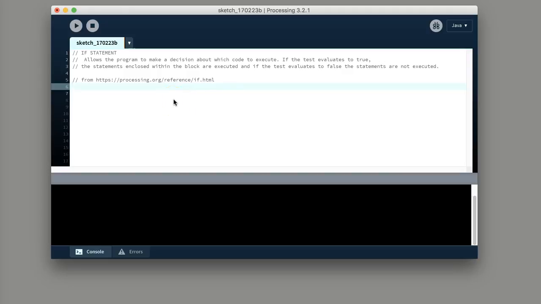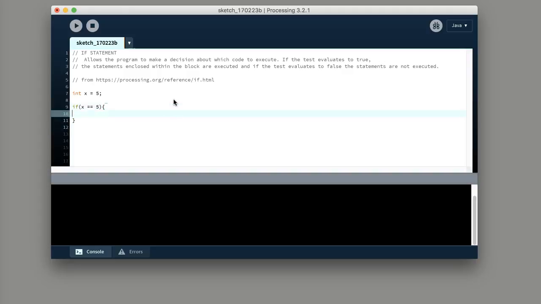So I'll give you an example to make it easier. So this is the example. For example, we have a variable called x, and x equals 5. After that, we want to use an if statement. In the if statement, what's inside the parenthesis here is the expression. So if x equals 5,